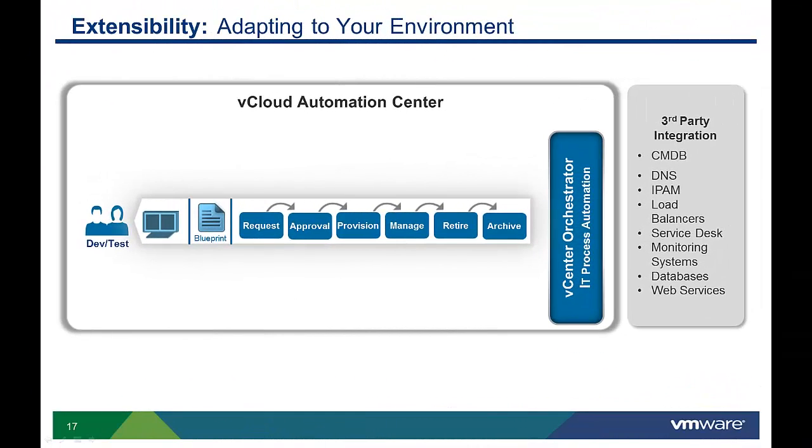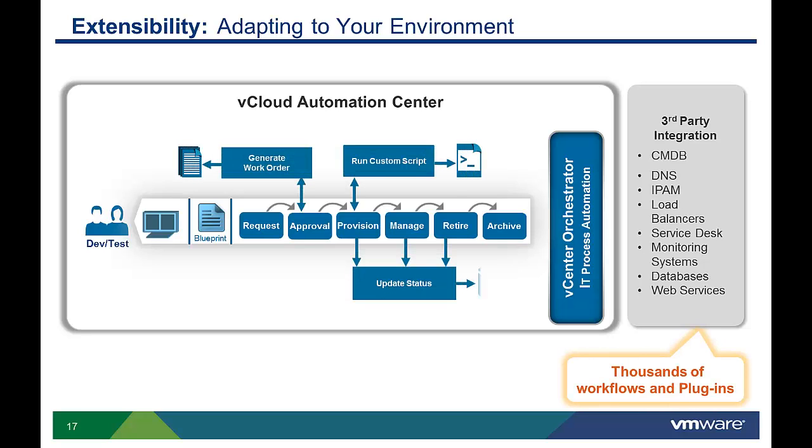Using the VCAC Designer and vCenter Orchestrator, admins can insert VCO workflows at specified points in the automated delivery process. Common integration examples include generating a work order ticket, running an OS customization script, updating a CMDB or internal database, or calling an IP address management system. vCenter Orchestrator delivers out-of-the-box plugins and workflows to make integration with existing third-party systems easy and without the need for